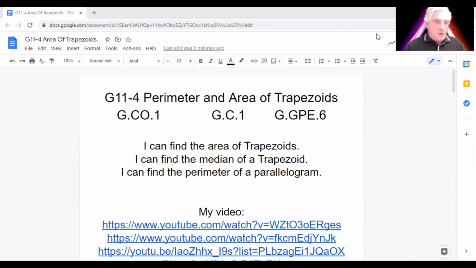Thank you, Cowboy. I have no idea what that means other than the word trap and trapezoid start with the